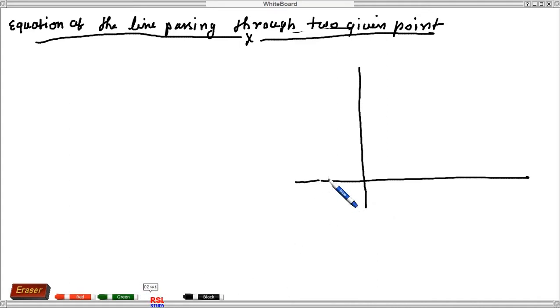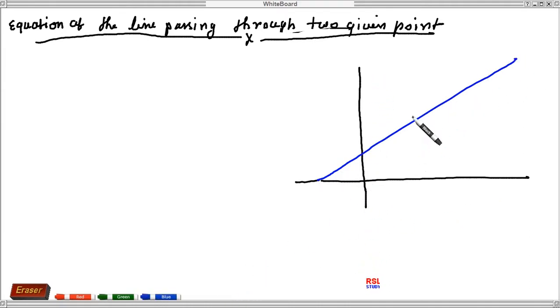Firstly, we will draw the x-axis and y-axis. This is the x-axis and this is the y-axis. This is a point A, whose coordinates are x1 comma y1. This is a point B, whose coordinates are x2 comma y2. So there is a line